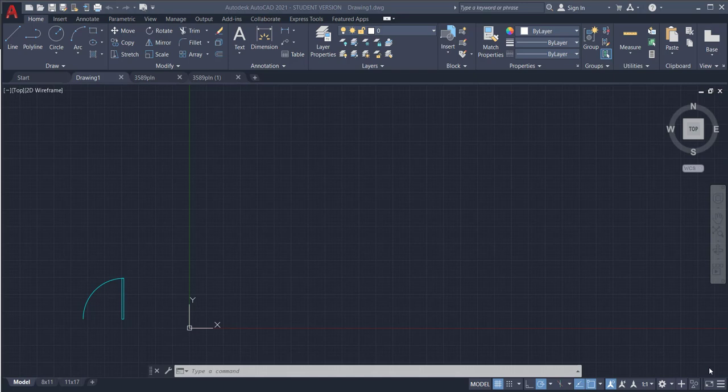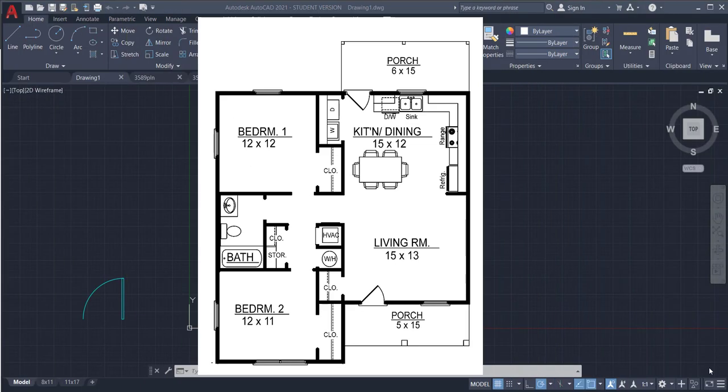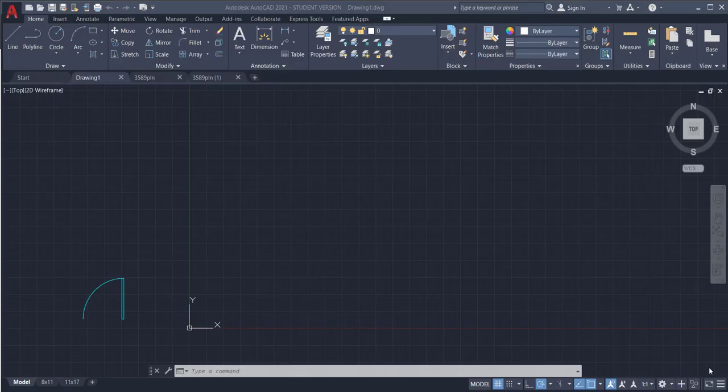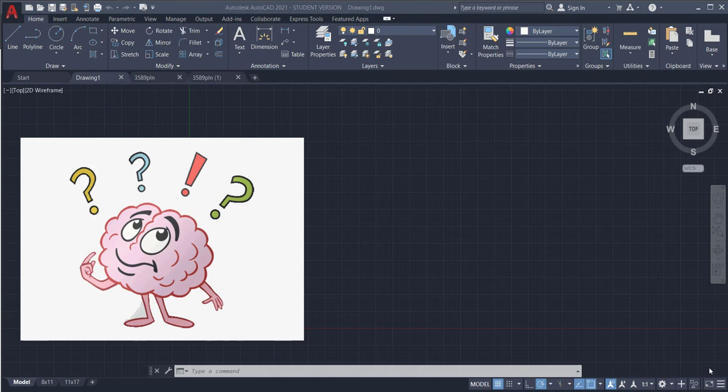Now, when drawing floor plans, you have to remember that it means that we are looking down on the plan as though we're flying above it. Heights of objects don't matter, only their width and length. So whether you have a high table or a low coffee table, the client will never know unless they see pictures of the furniture or the elevations. Now, if you don't know what furniture, fixtures, or equipment should look like in plan view, GTS, that means Google